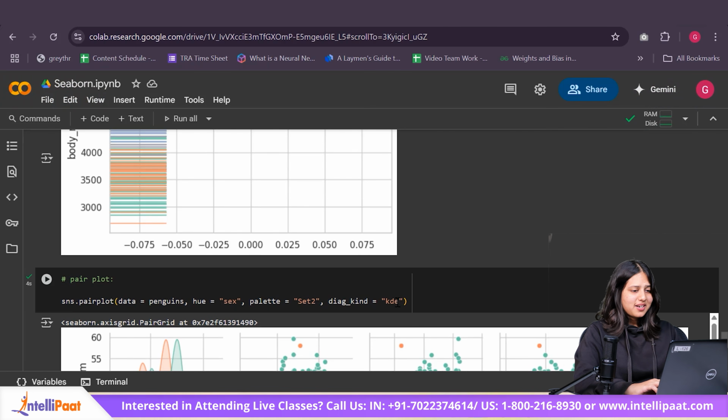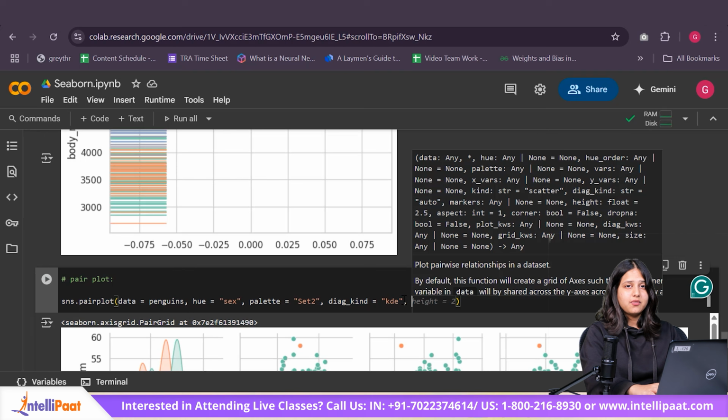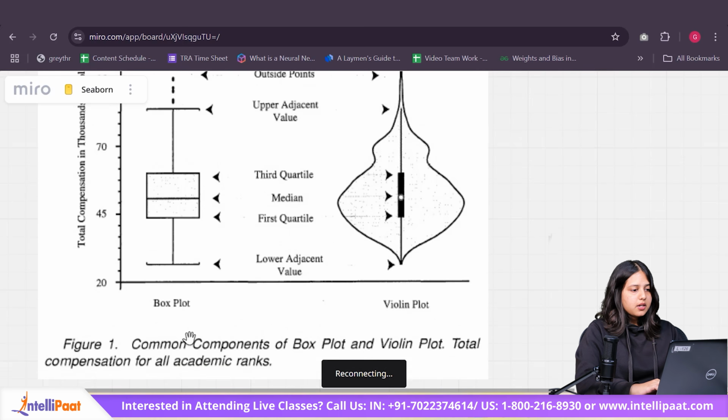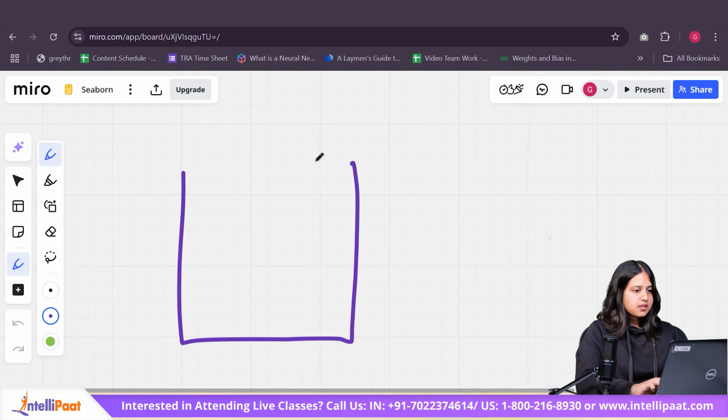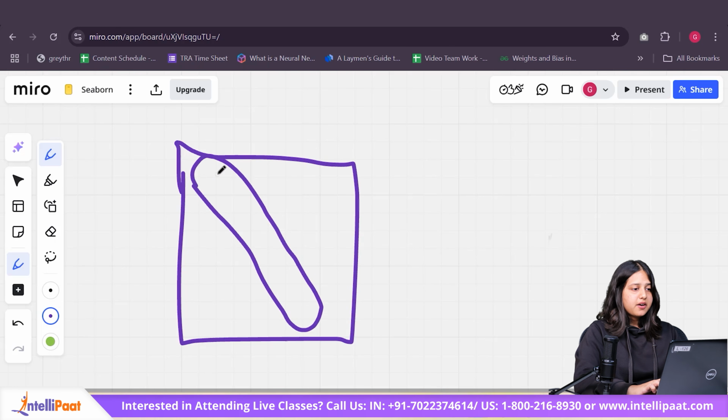I'm not going to do that right now because that's going to take up a lot of time. Rather, what I'm going to do is show you the different parameters that exist in pair plot and how you can use them. Basically, what a pair plot is doing over here is showing you a lower triangle and an upper triangle. Over here we have a diagonal which we have specified to be KDE.